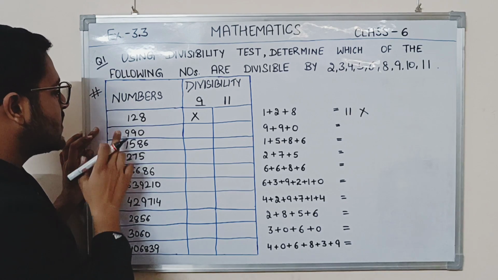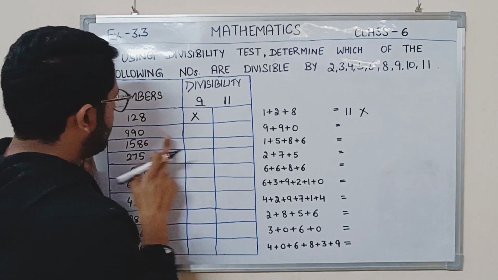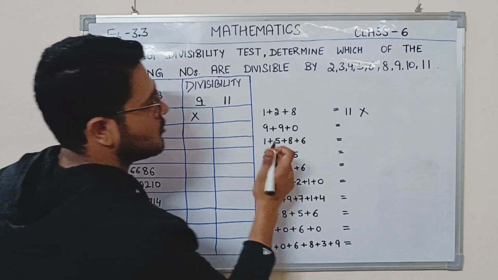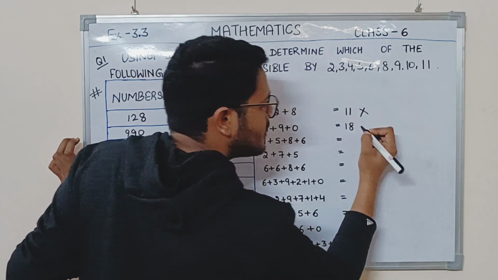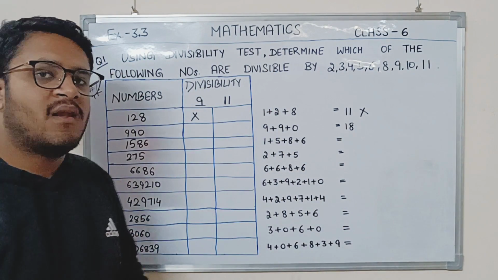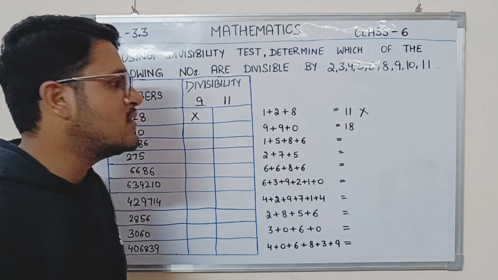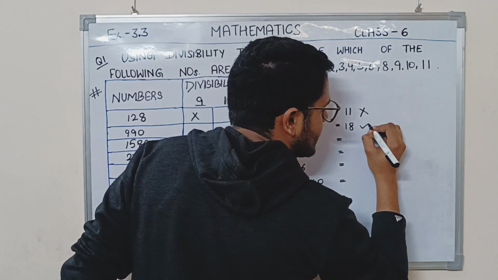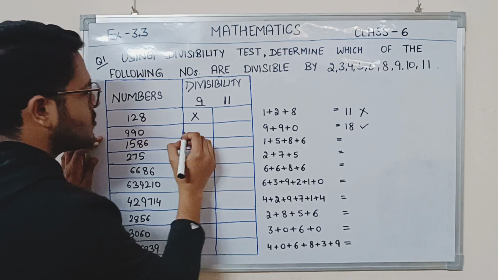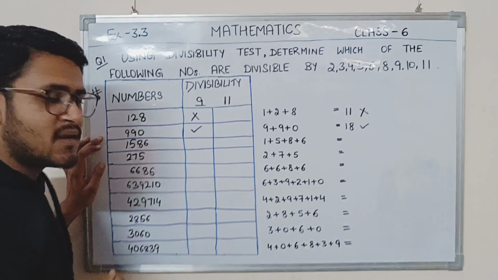Next, 990. So we will do 9 plus 9 plus 0. So it will be 18. Now tell me whether 18 is divisible by 9 or not. Yes, 9 twos are 18. So as 18 is divisible by 9, therefore this whole number is also divisible by 9. Next is